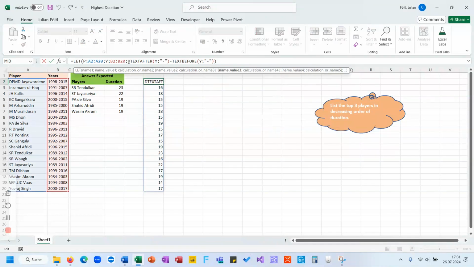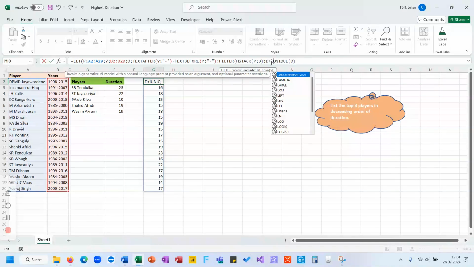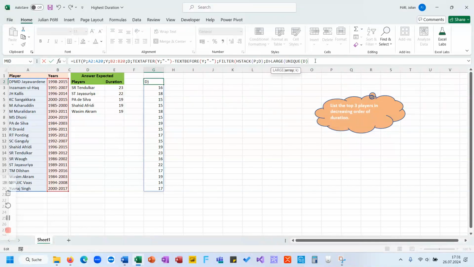so like D for duration, and then we filter. Do I want to stack them here? We stack them together. We stack players and duration together, and filter if the duration is larger or equal to the third largest duration. Here we need to take the unique duration